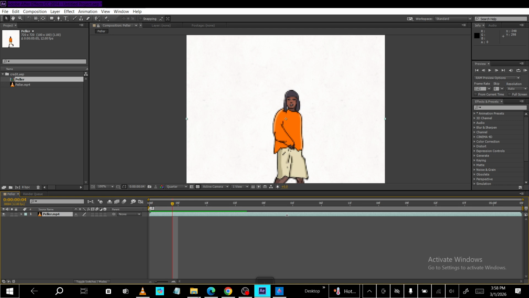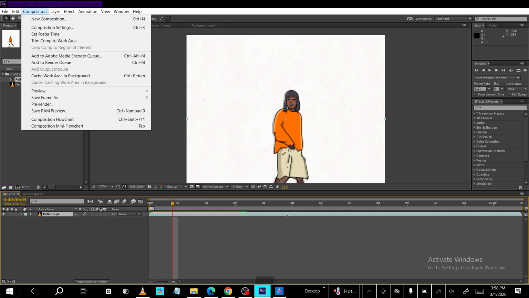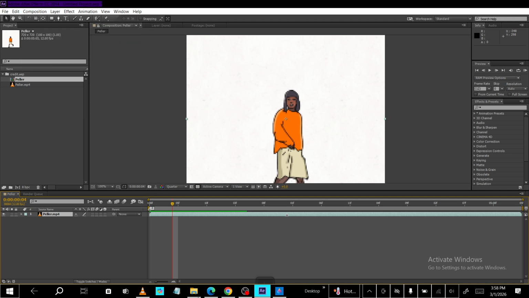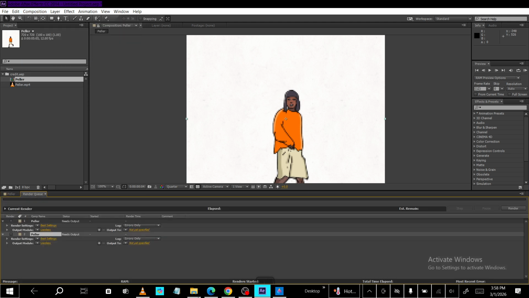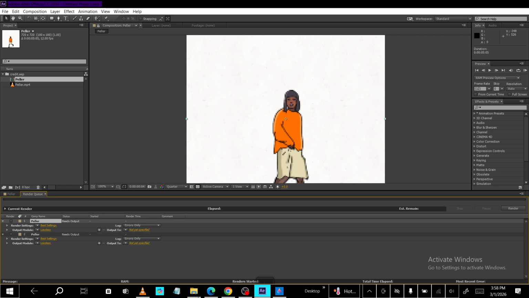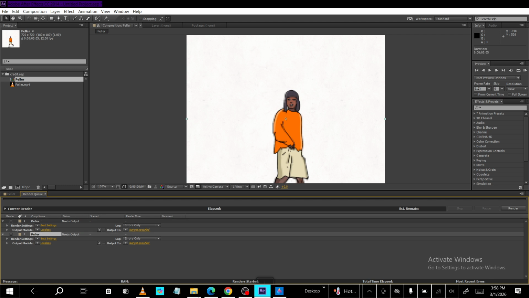With your final comp highlighted, head to the composition menu at the top and choose Add to Render Queue. This sends your composition to After Effects' built-in exporter, which is reliable for creating master files. When you do this, the Render Queue panel will appear. Usually at the bottom of the interface, you'll see key sections like Render Settings, Output Module, Output To, and the